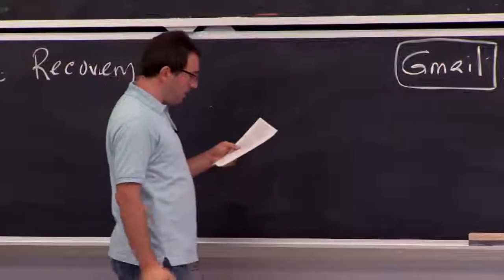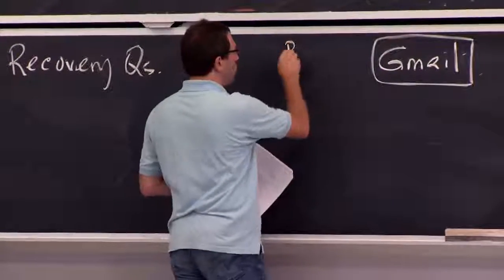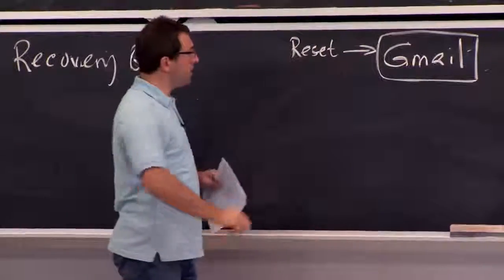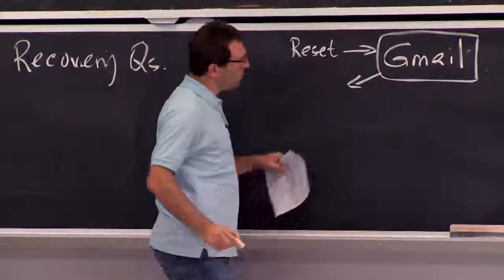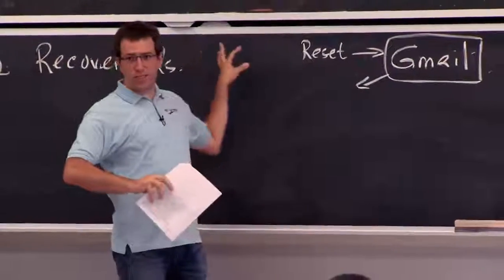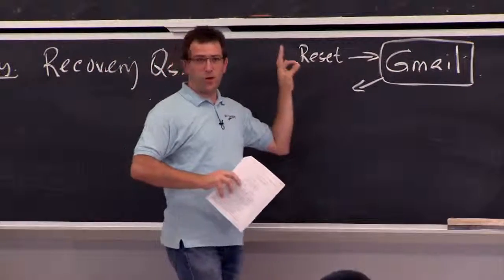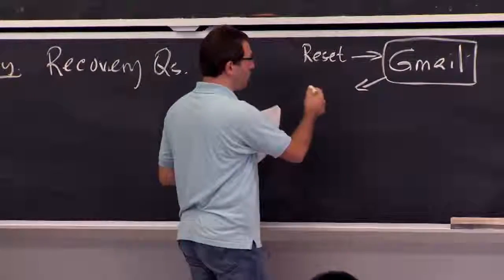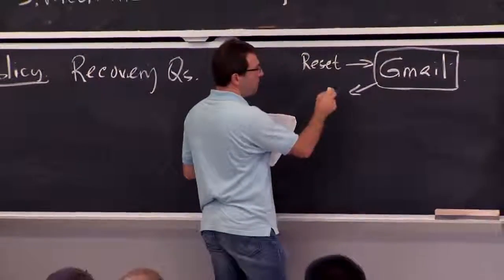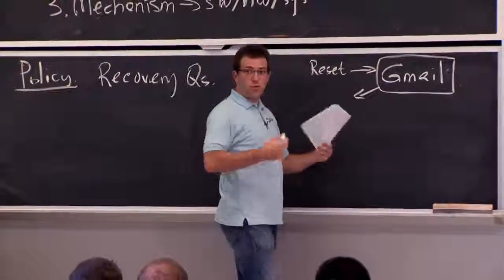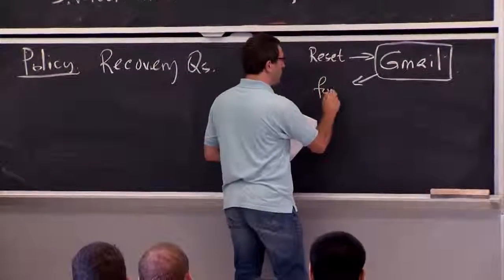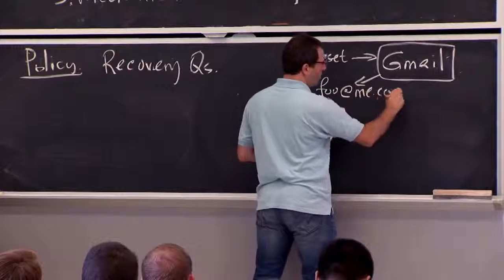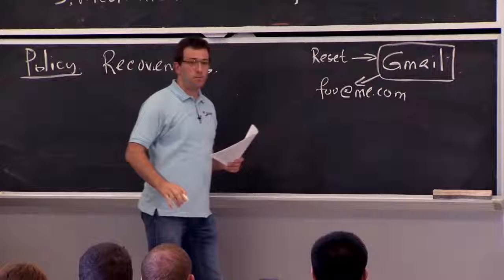every other system. And the way you do a reset at Gmail is you send them a reset request, and what they say is, well, we're not going to do recovery questions, at least not for this guy. What they do is they send you a recovery link to a backup email address, so some other email address that you have. And helpfully, they actually print the email address for you. So for this guy's account, someone went and asked Gmail to reset the password, and they said, well, yeah, sure, we just sent the recovery link to this email foo@me.com, which was some Apple email service.